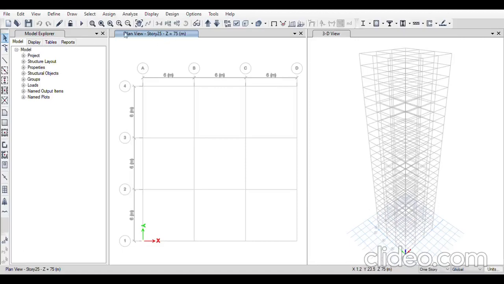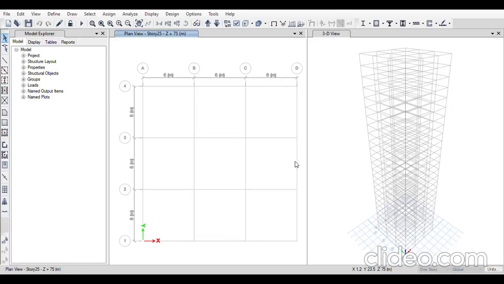Now I define the slab. I'll go here. I'll take slab section, add new property, I'll name it as slab 150, and I'll change the slab material to M40. Then I'll change the thickness of the slab. Okay.